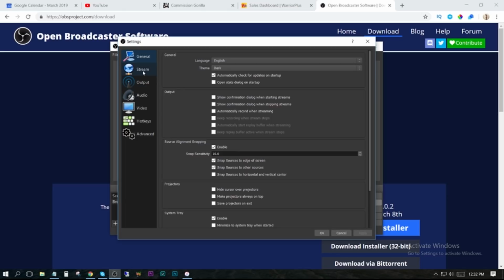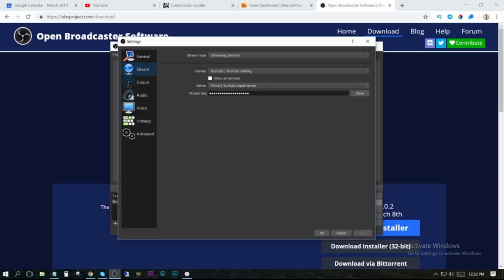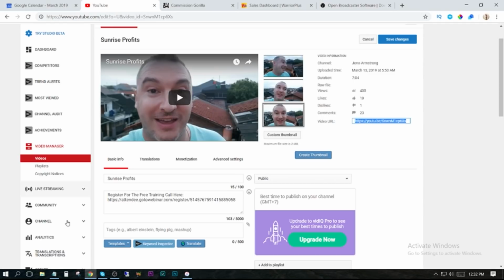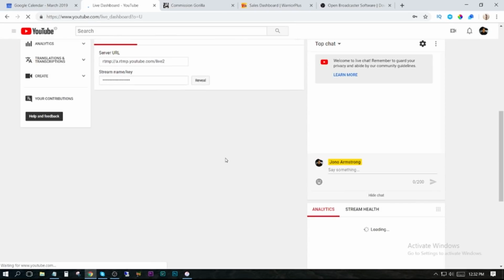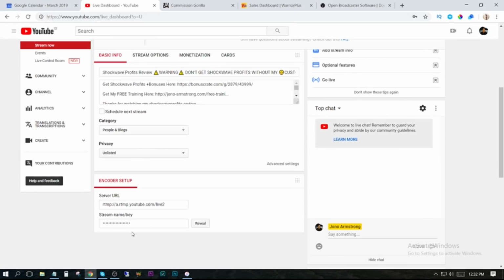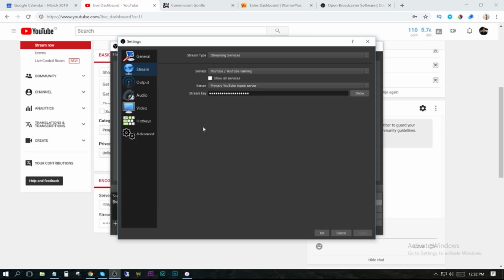So you click on settings, click on stream. You can go and add your stream key from YouTube. Now you can get this by going inside of YouTube, going to live streaming, and at the bottom of that page you can find your stream key. So all you need to do is just go and copy that. You go back into OBS and you would paste that in there,